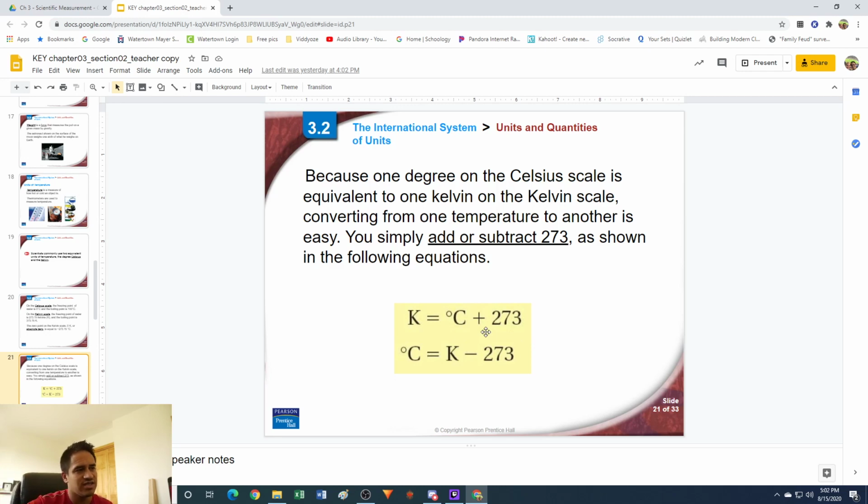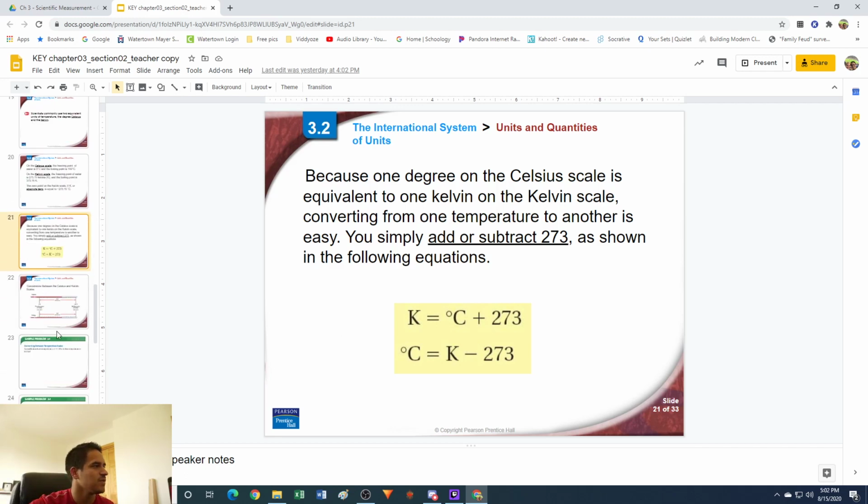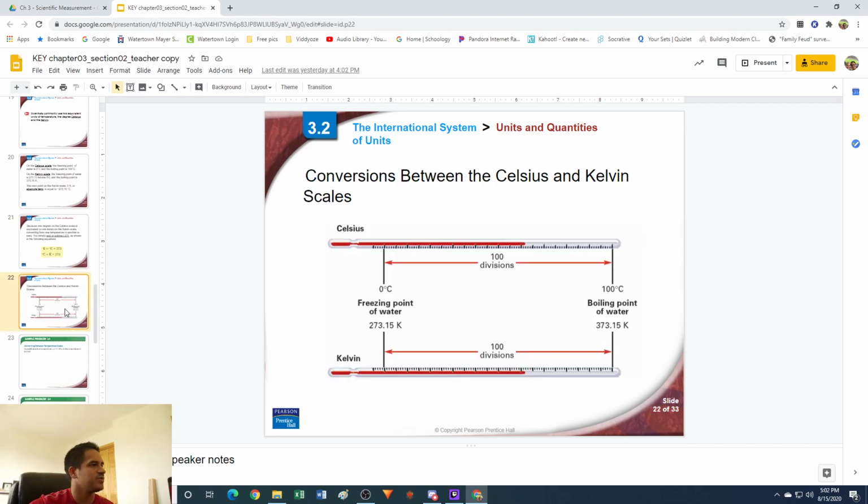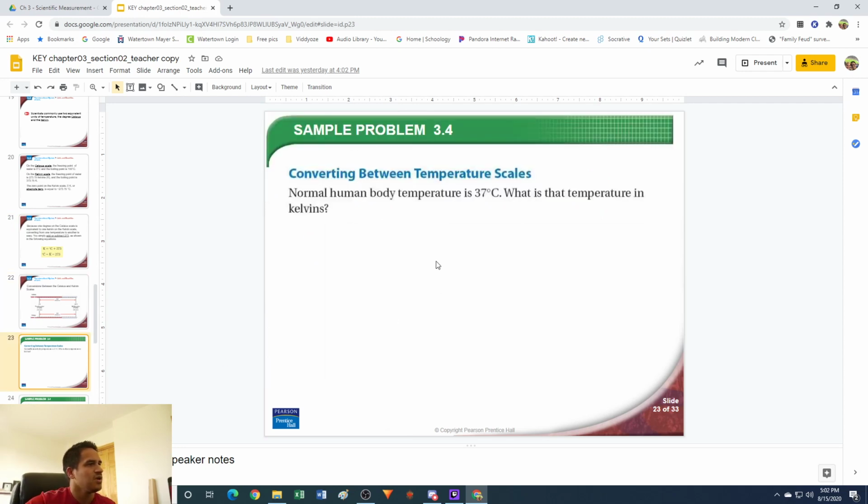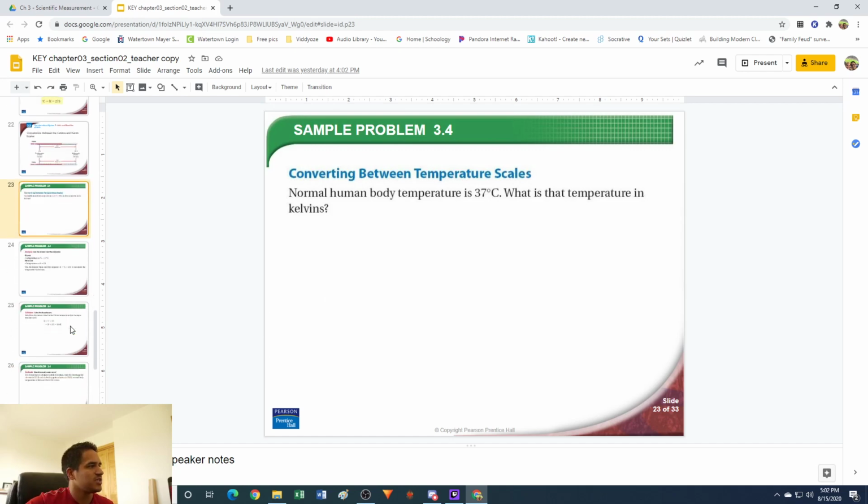Again, you might think, why are we adding or subtracting 273? That seems silly. Why don't we just use Celsius? Scientists just really like the idea of a zero, absolute zero. They just like that concept. So anyway, don't worry too much about it. This just shows a picture of how to convert between Celsius and Kelvin. Again, you add 273 or minus 273, very simple. We're not going to go through that sample problem,